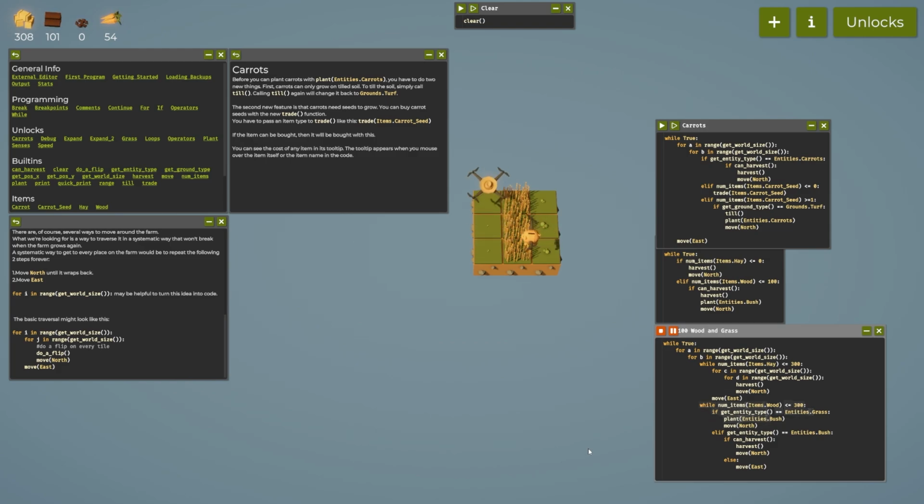Now it's planting bushes. Waiting for bushes to be harvested. It gets into a pattern of harvesting bushes. Well, yeah, because we have 300 hay now, so it's never gonna... It's not gonna go back to...